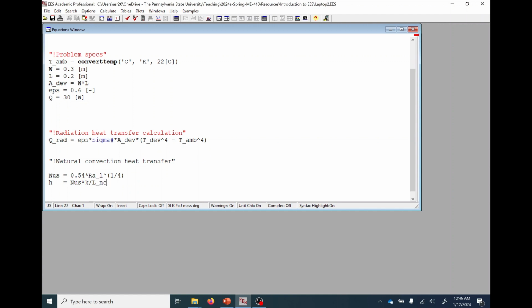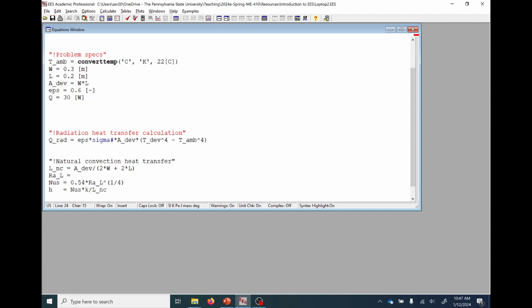Okay, so this will allow us to calculate the heat transfer coefficient H, but we have a couple other things we need to work out along the way. So first of all, this L for natural convection turns out to be defined the following way for this case. It's equal to the area of that rectangle divided by the perimeter. So since it's a rectangle, the area is width times L, and then the perimeter is equal to 2 times W plus 2 times L. Okay, so the Rayleigh number